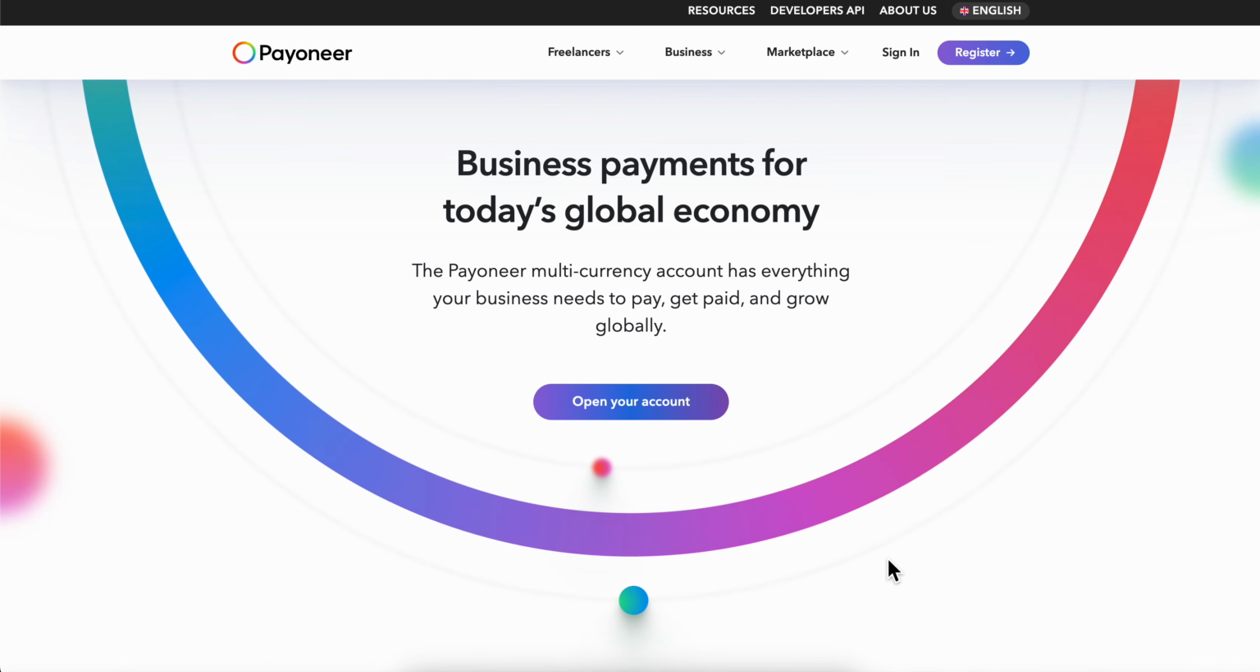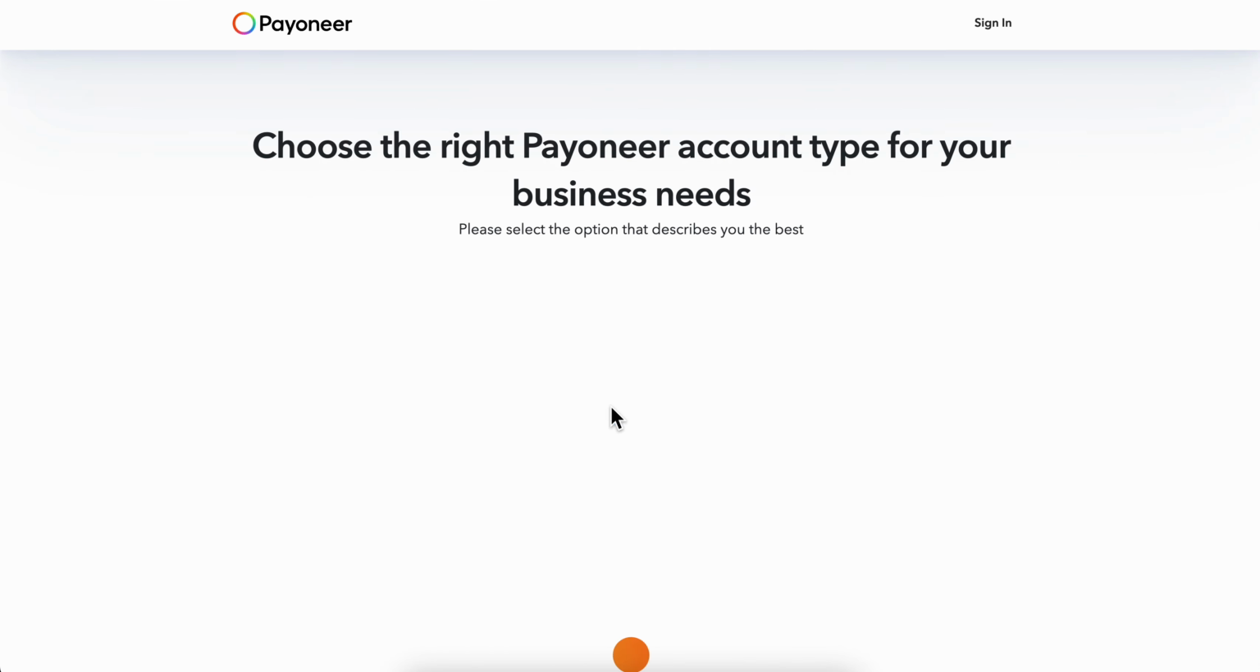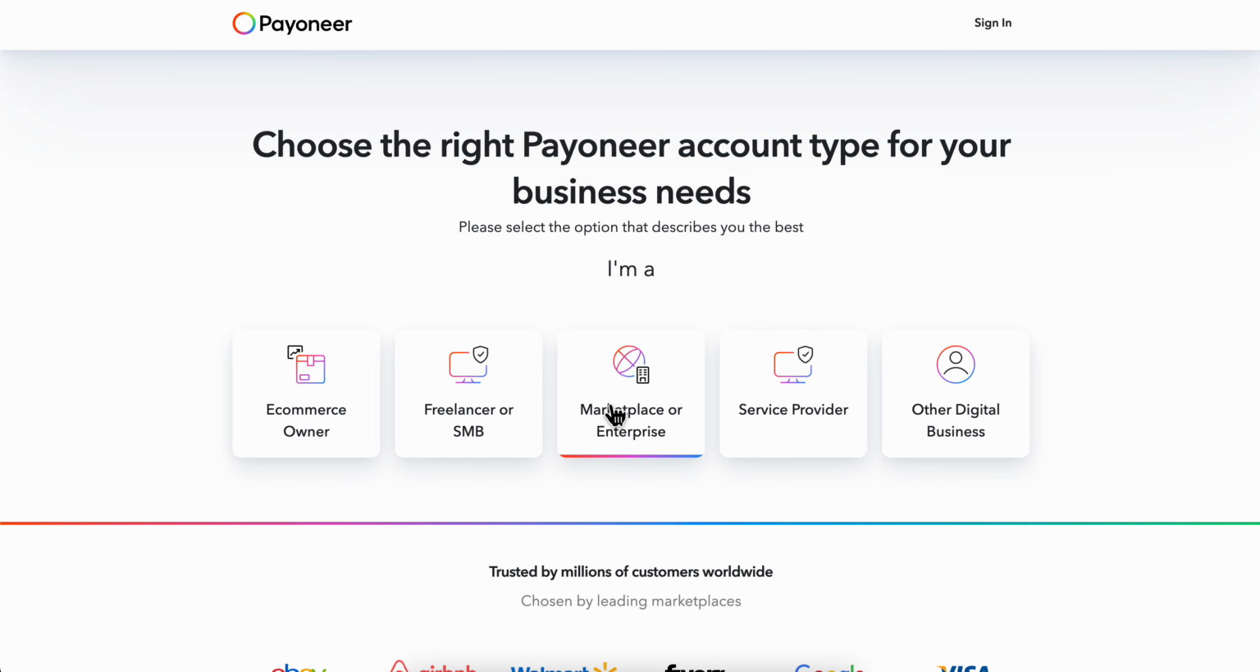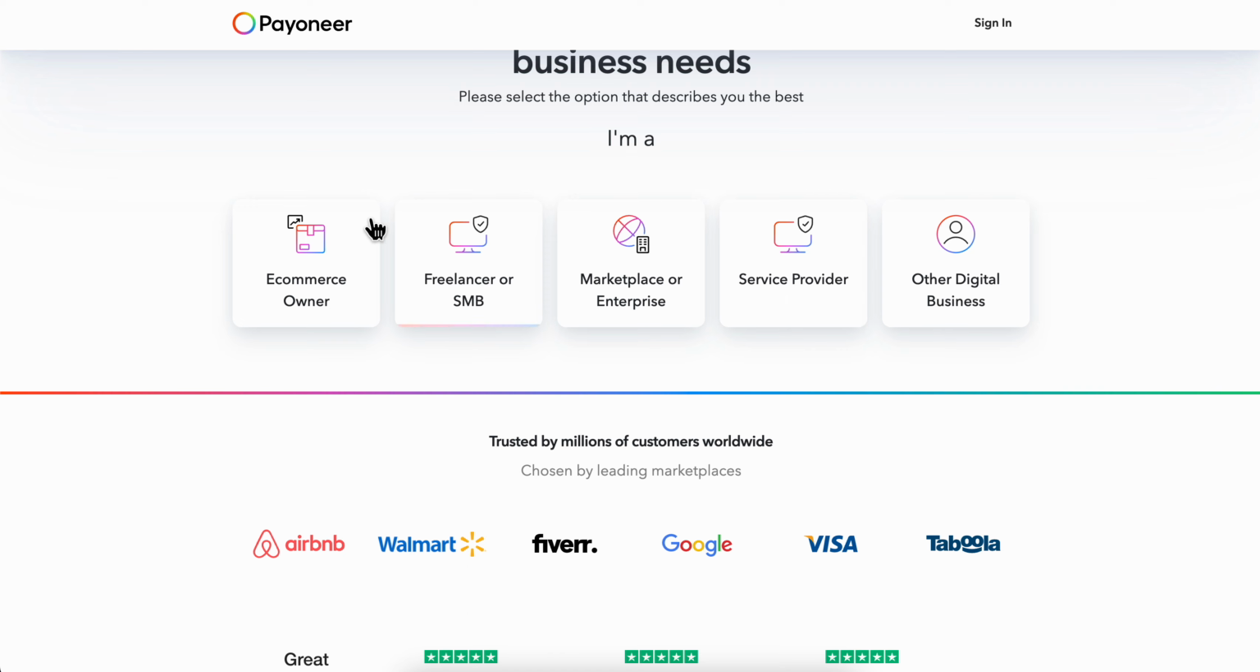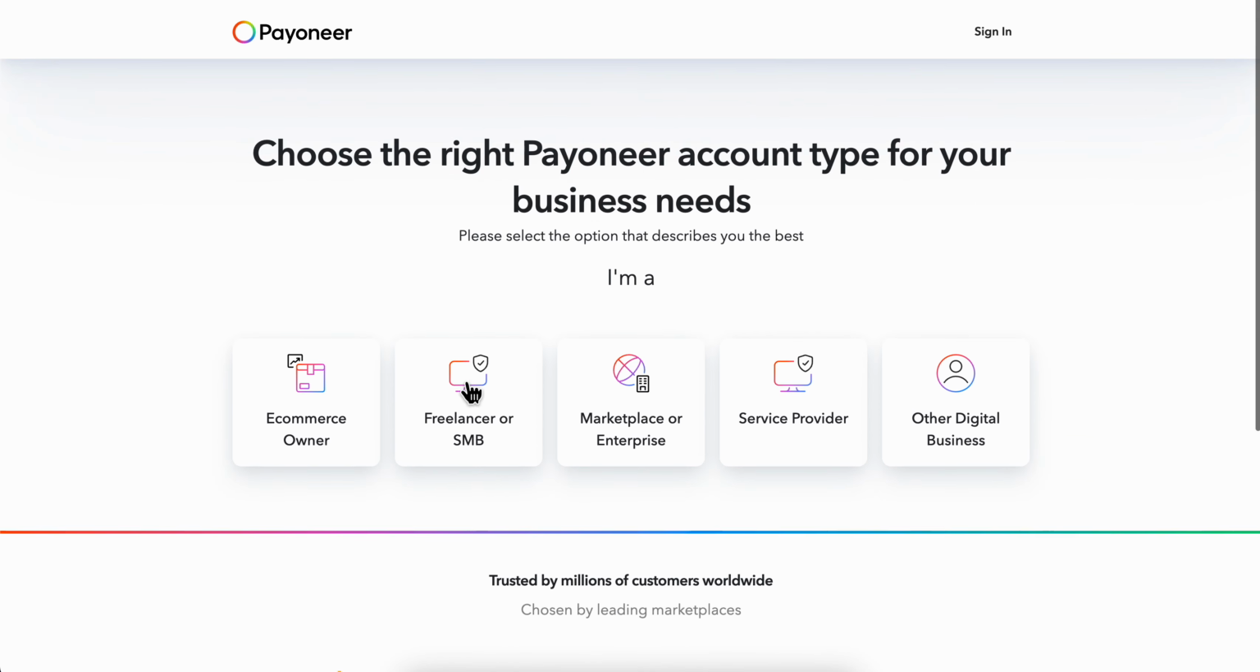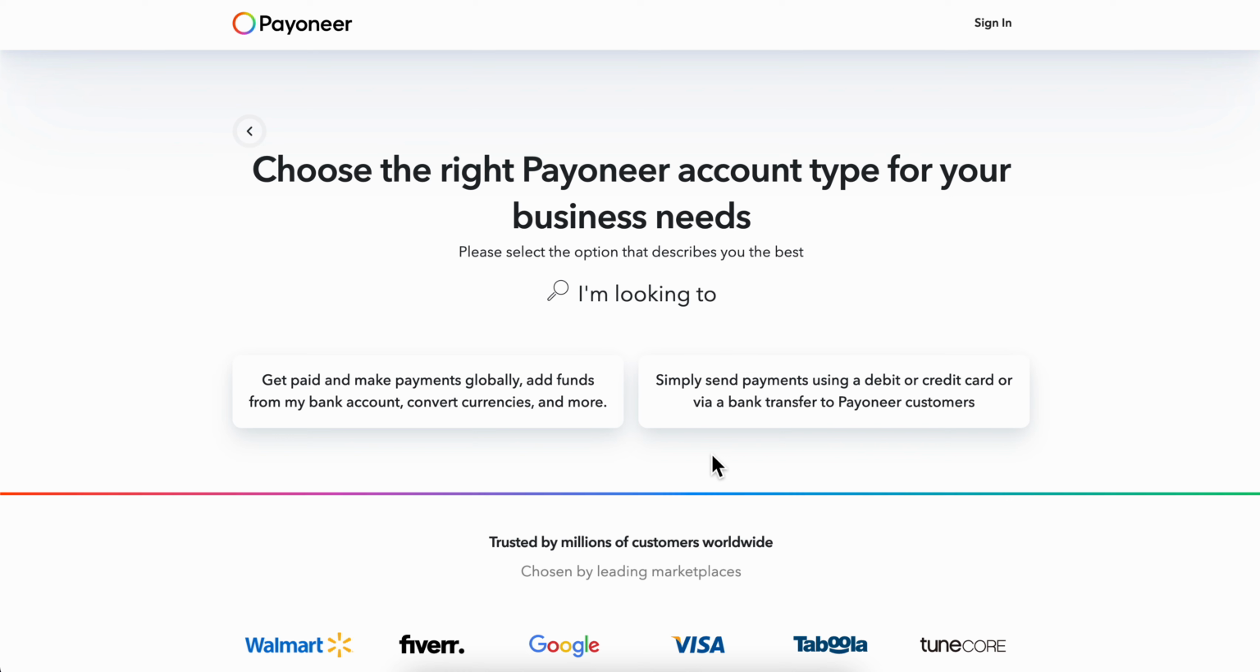Open Payoneer account. So the first step is to simply go to payoneer.com and then simply click on open your account. Now the next step is to choose for what do you want to use Payoneer. So as you can see, if you are an e-commerce owner, you can select that, freelancer, service providers, or other digital businesses. So I'm gonna go with freelancer, and then here you're gonna have to choose what you are